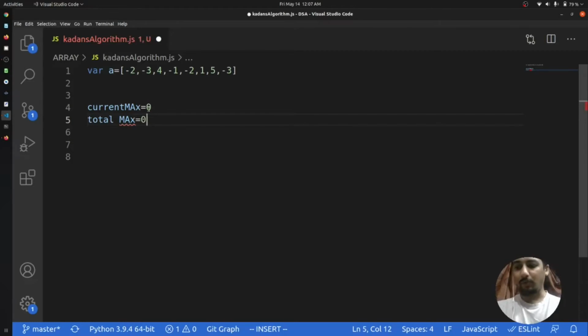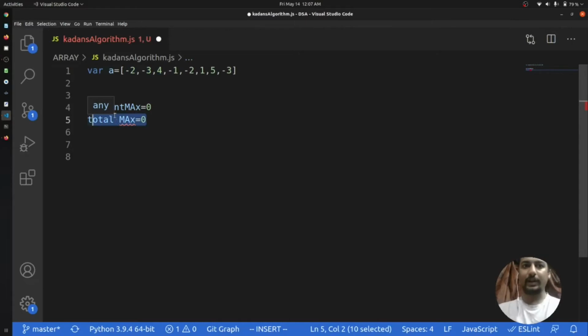Now we will iterate over each and every element. Let's say at this point we are at index 2 and we will add up each and every element from this point. We will check: is my current max greater than total max?